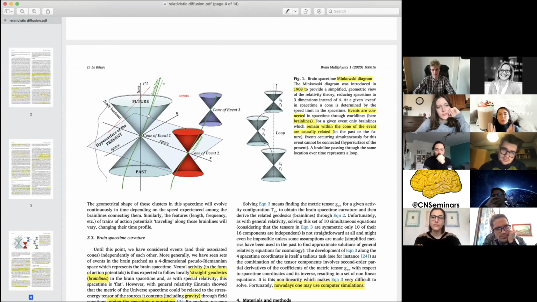And so the idea is that you are discussing a new coordinate, not only space. So if you have a connectome, we are not just talking about the structure of the connectome, but we are also talking about the propagation